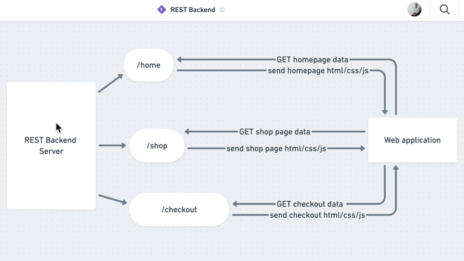Our backend server would then send back all of the HTML, CSS, and JavaScript that was related to this homepage. And we would do this through the REST parameter. So what REST stands for is Representational State Transfer. And it's pretty much the basis of how we are able to get, post, update, and delete data from our